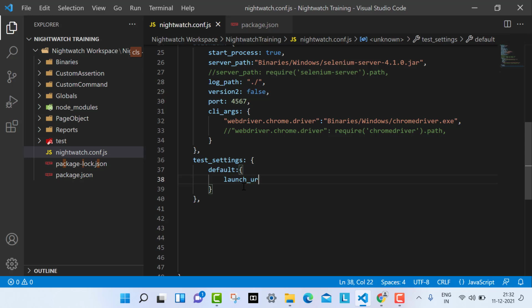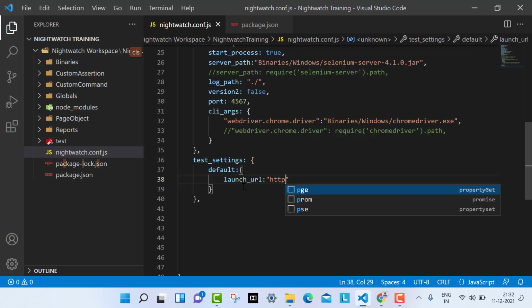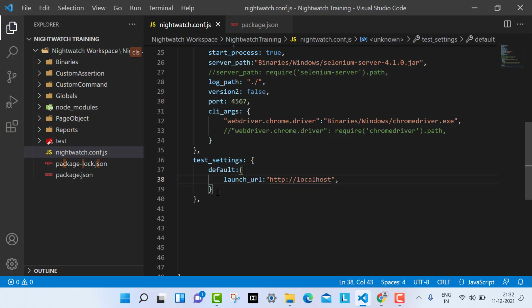So I'm going to use launch URL, and I am going to give it http localhost, so that whenever the test opens, it will open the localhost. That is the first setting.